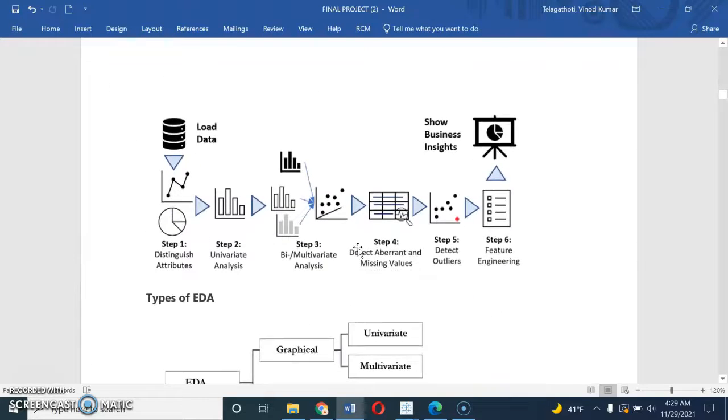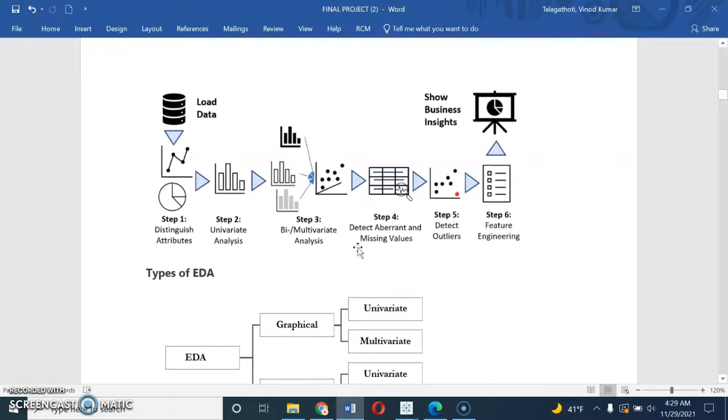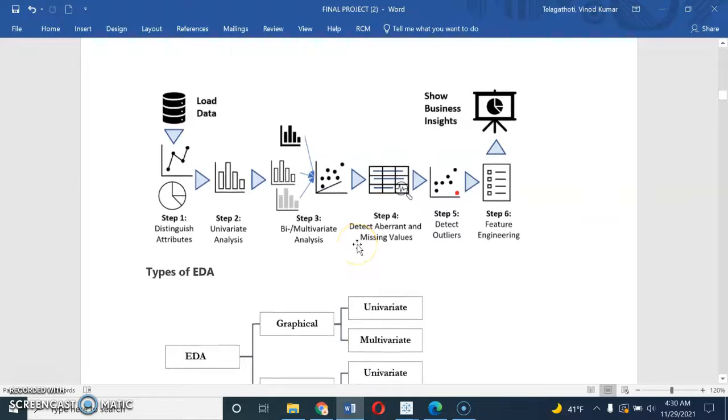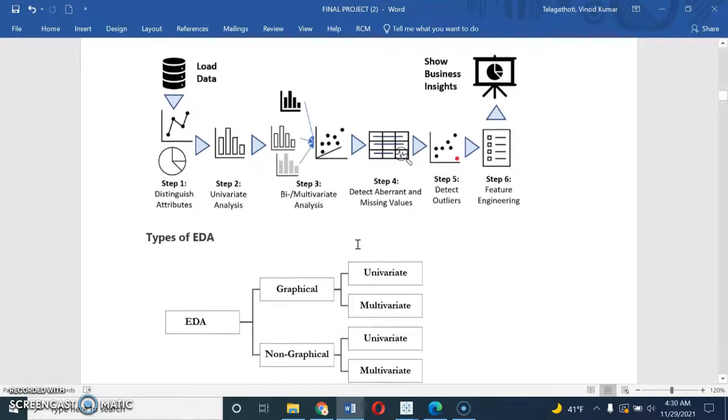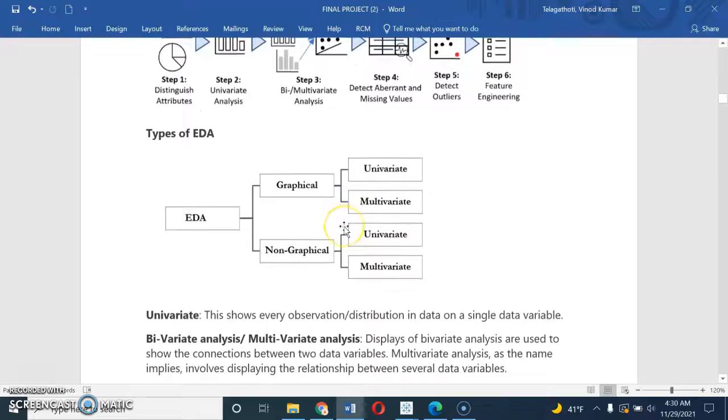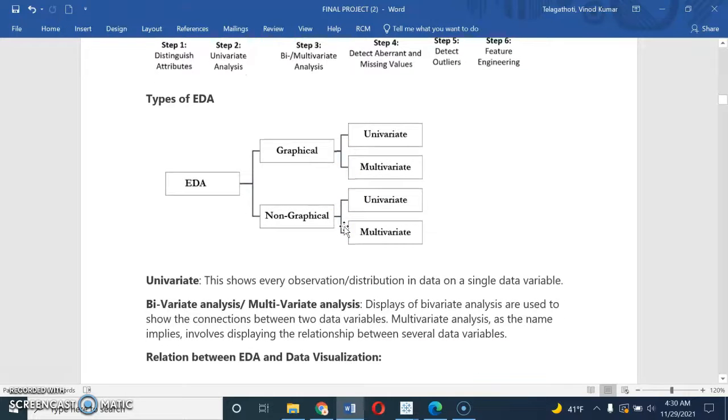So this is the chart where the process is illustrated. In step 1 it is distinguishing between attributes, and the second is univariate or bivariate analysis. Then we detect aberrant and missing values and detect outliers, and then it goes to business insights.